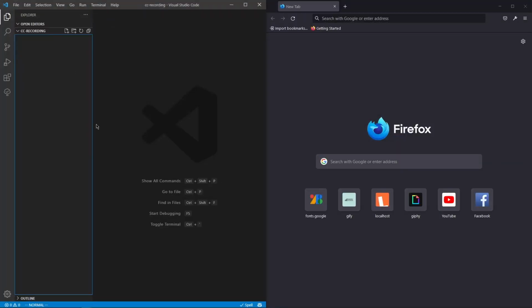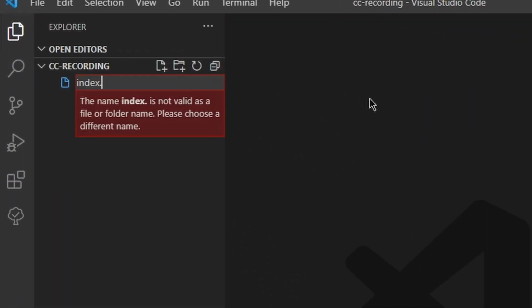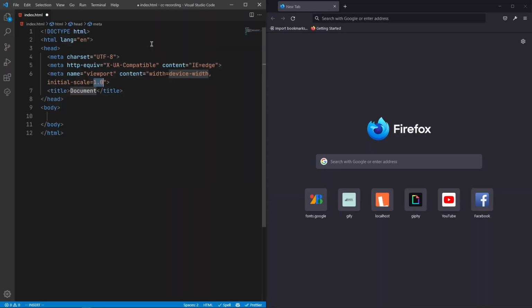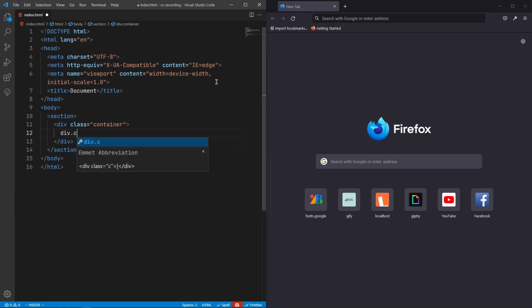So first of all, let's create an index file here, index.html, I mean. In our index.html file, let's get the HTML, and in the body, first of all, let's have a section, and inside there we'll have a div with a class of container. Inside this we will have our card wrapper, so a div with a class of card wrapper,